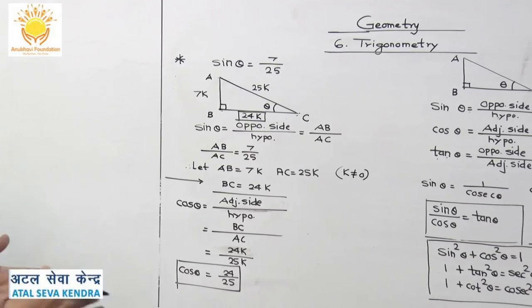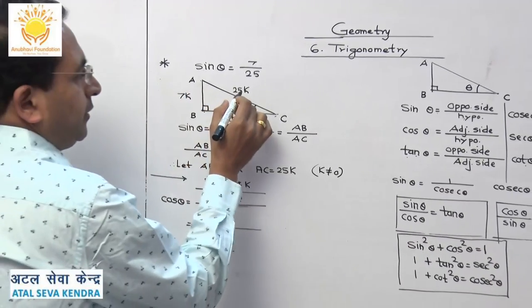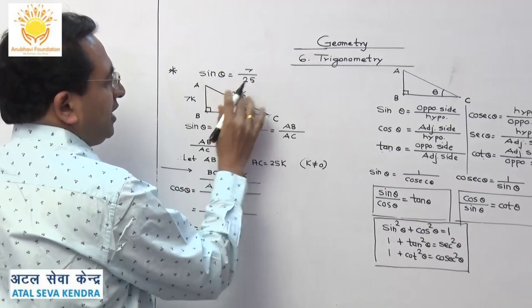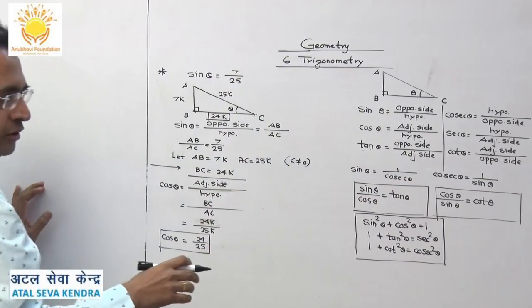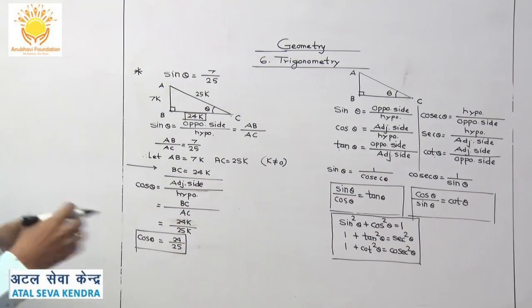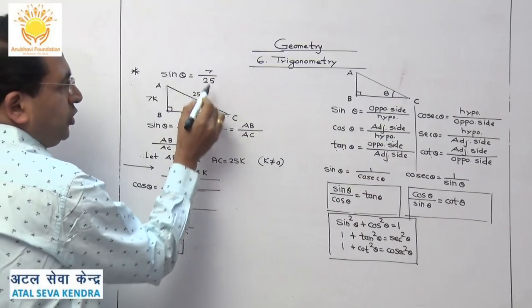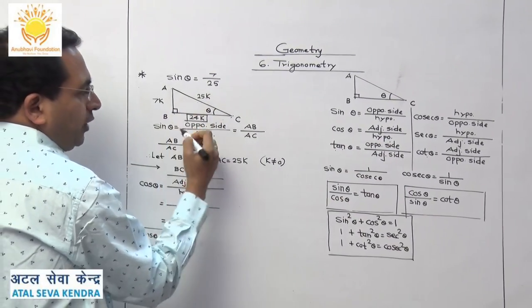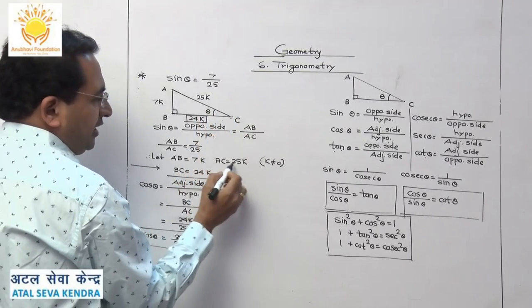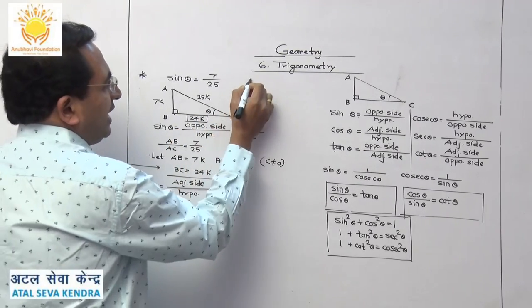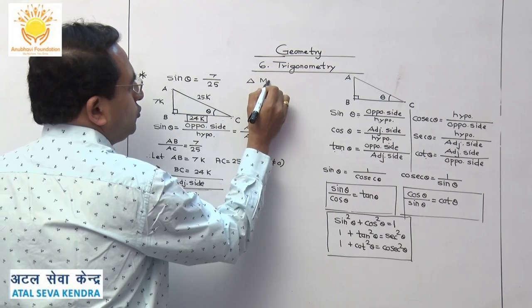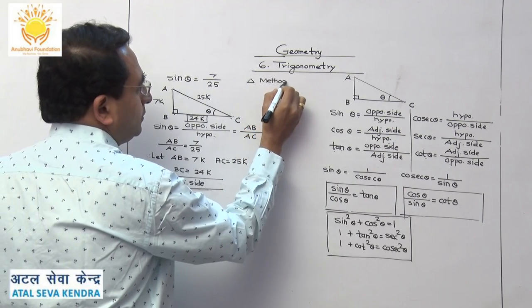This is what I call the triangle method. Suppose you have been given any complicated ratio, suppose they have given sec theta. Then you can frame a triangle like this. You can substitute the values according to the formula list by considering k. This is what we call using the triangle method.